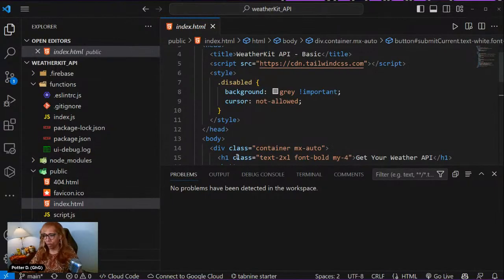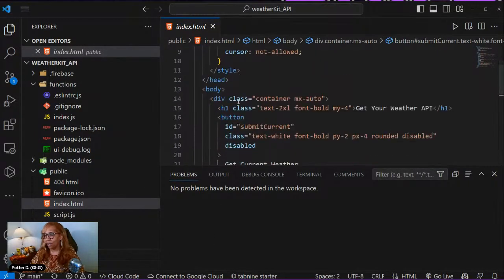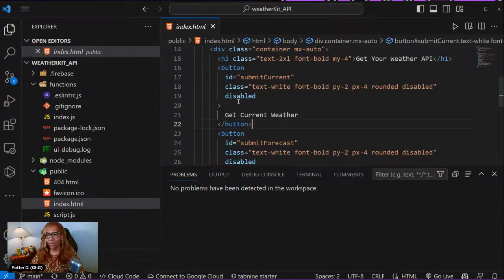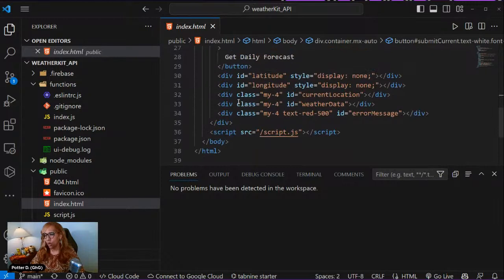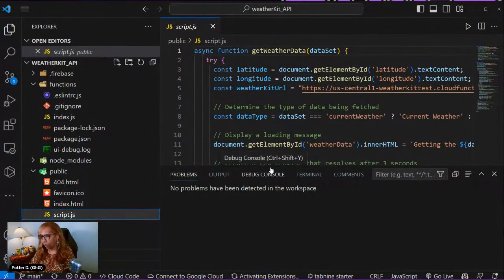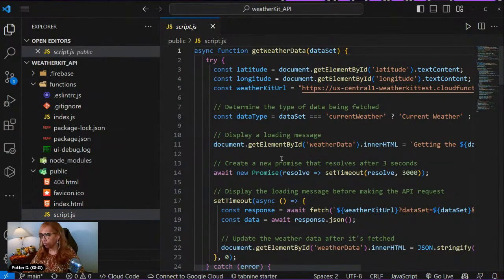Okay. All right, so this is not the index. I guess it is. This is the index.html page that I'm using. What I did was initially I had everything all in one, and then I refactored the code so that it would not be just in one file. So this is the file that I'm calling. Let me bring this way down so I can show you more of the screen.